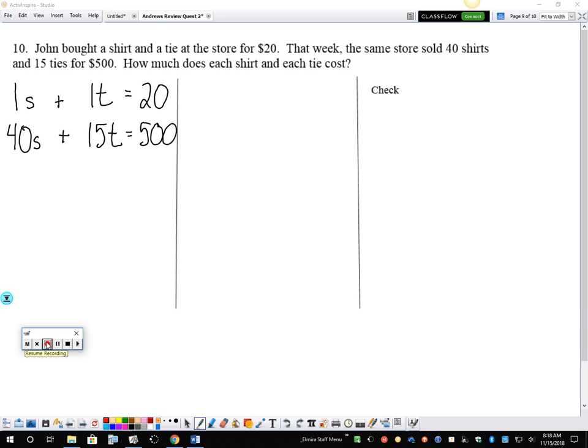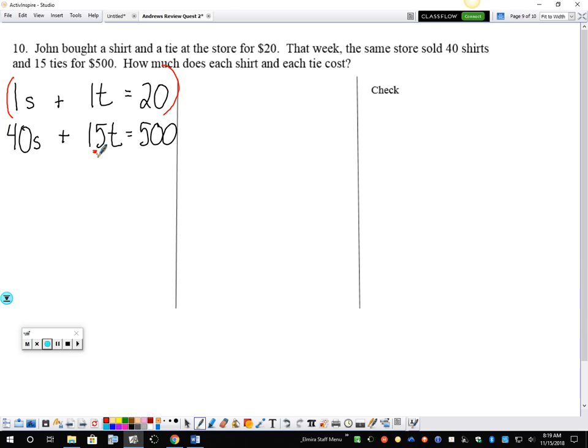So the first equation has 1's in it. 1's are really nice because I can multiply a 1 to be whatever I want it to be. Now I could choose to cancel out shirts or I could choose to cancel out ties. I'm going to choose to cancel out ties because 15 is a smaller number. So in order to do that, I'm going to have to multiply both sides by